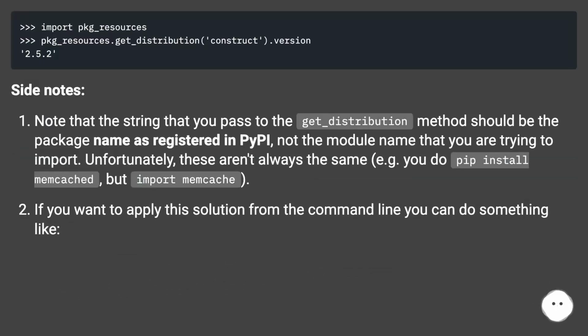Side notes. Note that the string that you pass to the get_distribution method should be the package name as registered in PyPI, not the module name that you are trying to import. Unfortunately, these aren't always the same, e.g. you do pip install memcached, but import memcache. If you want to apply this solution from the command line, you can do something like